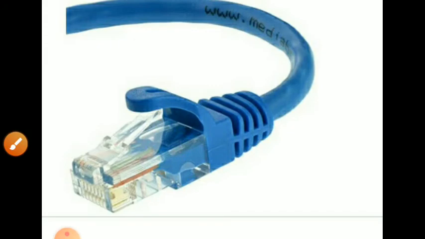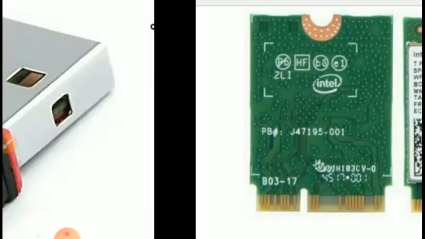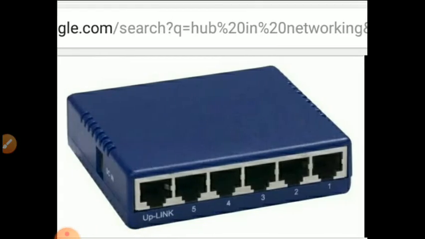But if we want to connect multiple computers, suppose 3 or 4, more than 2 computers, to each other, for that purpose we are using a hub. A hub is a device that is used to connect several computers together. A hub contains multiple independent but connected modules of the network and interconnected equipment.